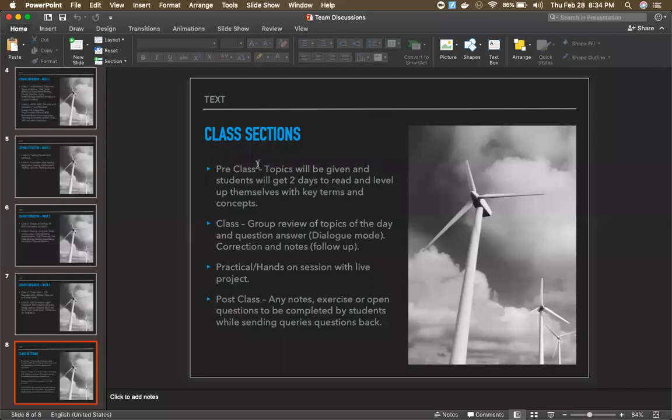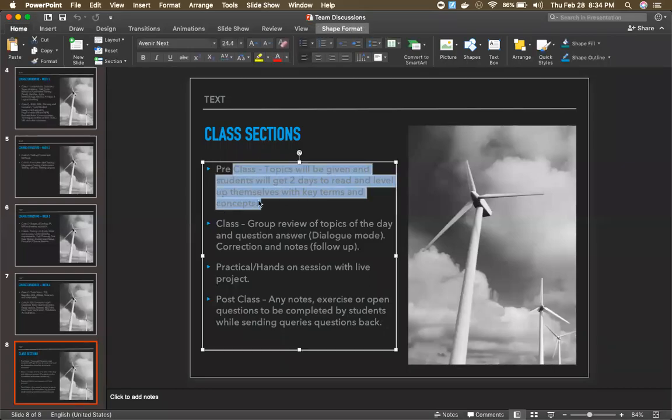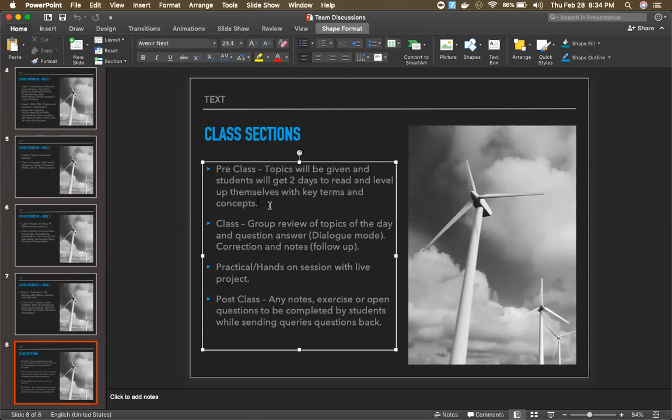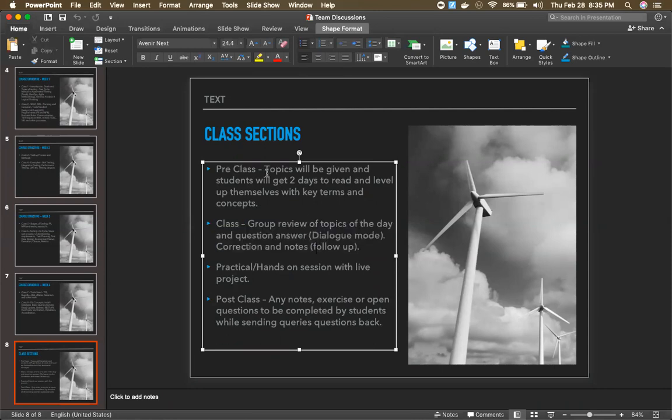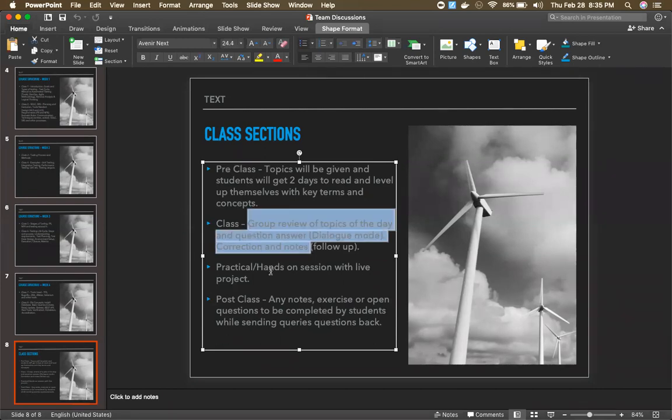We set up the format. That's how we will conduct the class. There will be a pre-class section. We will be sending you a lot of notes on what will be covered in every class. I don't like to call it a class, but I'll keep it more to a discussion. So the concept that I'll send you in advance, we will be discussing during the class, and there will be